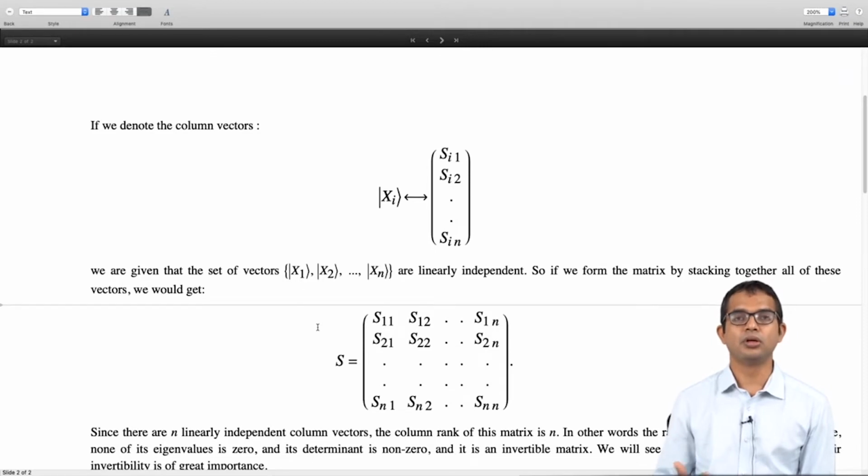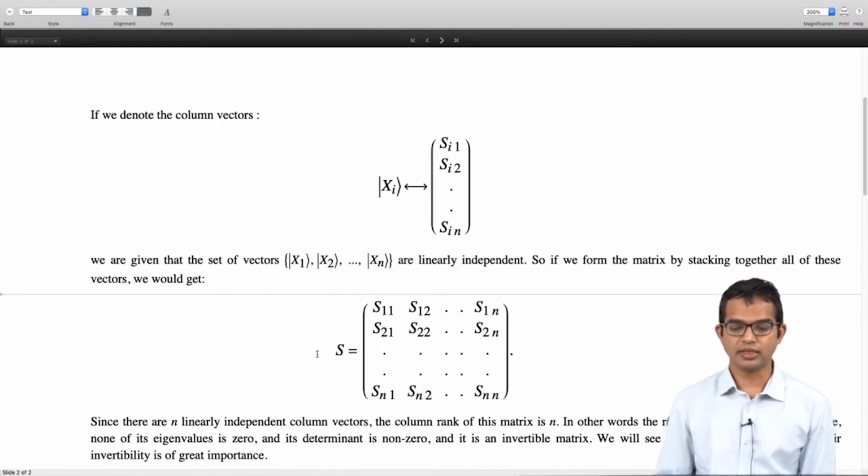There is no way to take linear combinations of rows or columns of this and reduce it to effectively a lower number of rows or lower number of columns. Every column is essential, right? That's what it means. We have seen this, and we have played with these ideas in the past, so you can go and review some of these results if you're confused. But the point is that since there are n linearly independent vectors, it's a matrix of rank n, and